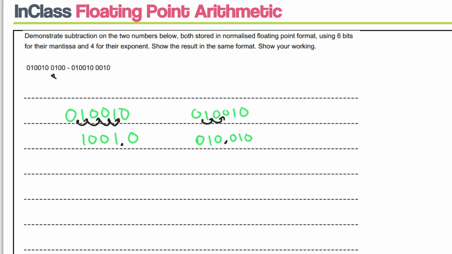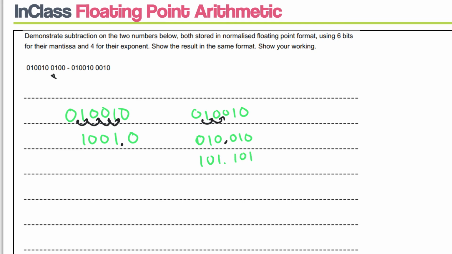Now you can do that directly using sort of bus stop maths as discussed earlier, but what we're going to do is turn it into 2's complement. We're going to turn that into a negative value, and then what we'll do is add, so we're plus now, but add a negative. So we'll turn that into 2's complement. We'll do that by flipping all the values,